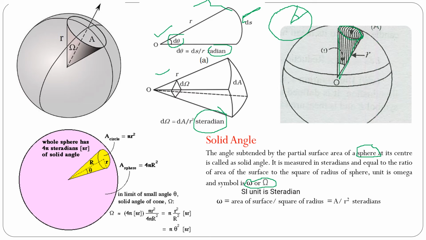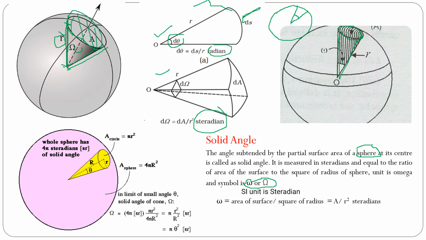So in this figure, figure number 1, this is the sphere. I am taking one portion of this. This is the center. From the center, we take the area of this surface, this particular area of this cone. The distance from this point to the surface is r, which is denoted by r. The angle is omega, and this is the total cross-sectional area.